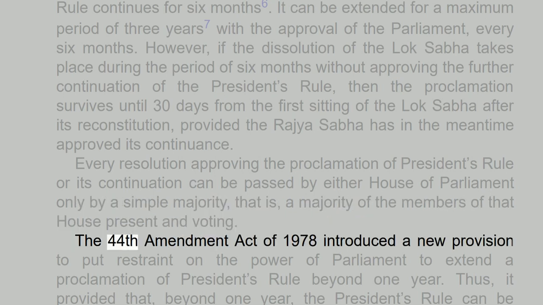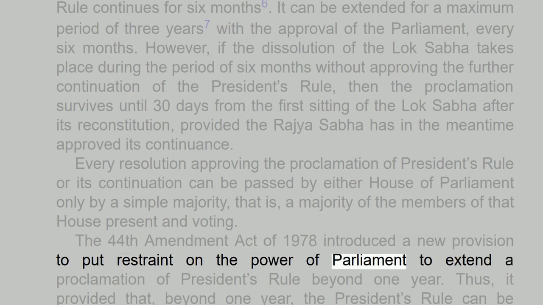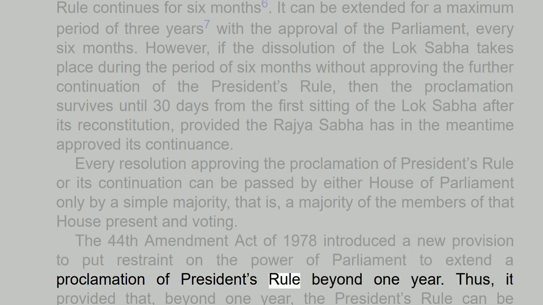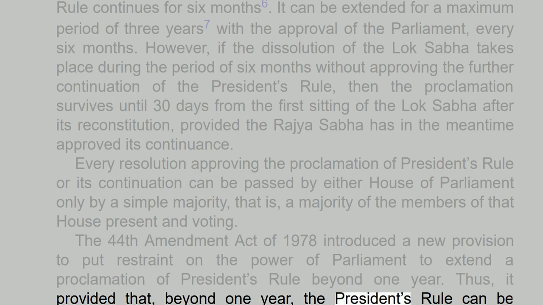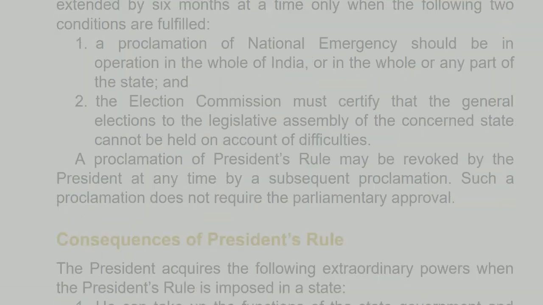The 44th Amendment Act of 1978 introduced a new provision to put restraint on the power of Parliament to extend a proclamation of President's rule beyond 1 year. Thus, it provided that, beyond 1 year, the President's rule can be extended by 6 months at a time only when the following 2 conditions are fulfilled. 1. A proclamation of national emergency should be in operation in the whole of India, or in the whole or any part of the state, and 2. The Election Commission must certify that the general elections to the Legislative Assembly of the concerned state cannot be held